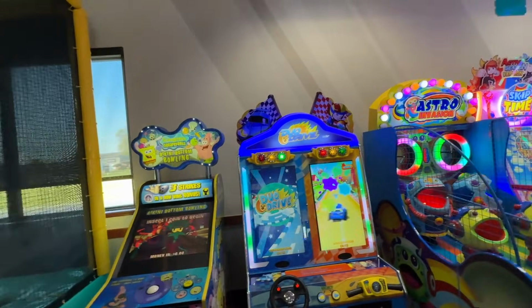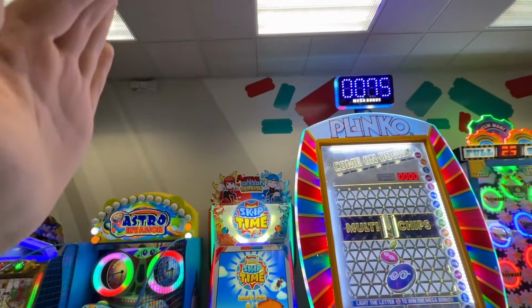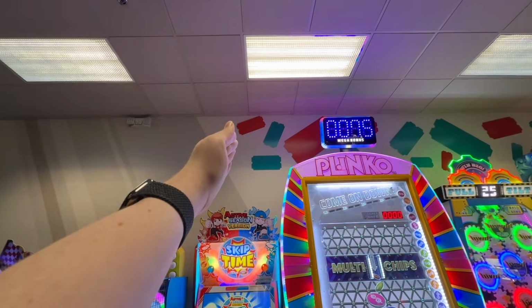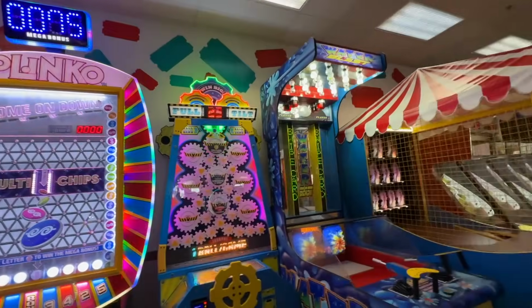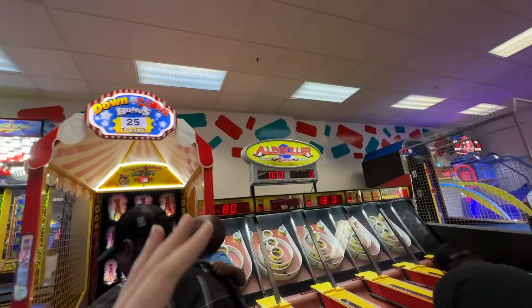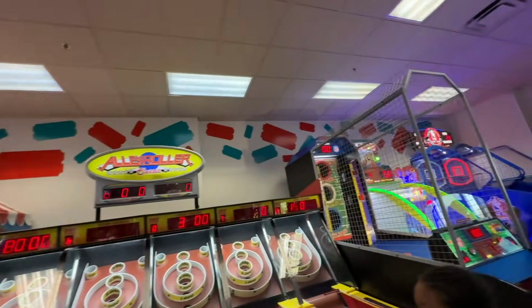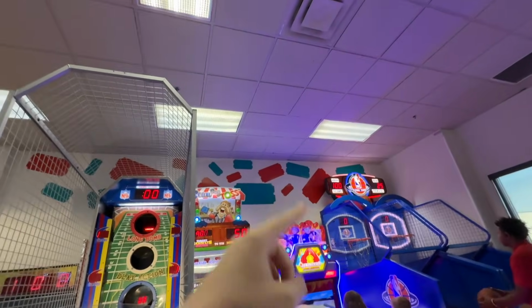So they have Bikini Bottom Bowling, they have Duo Drive, Astro Invasion, Skip Time, and then right here, the 2.0 tickets begin. Since this is an older remodel, they did get those. They have Plinko and Full Tilt. They have Water Blast and Down the Clown. They have 5 alley rollers with marquee, 2-minute drill, beanbag toss, Real Heroes, and NBA Game Time, and the tickets